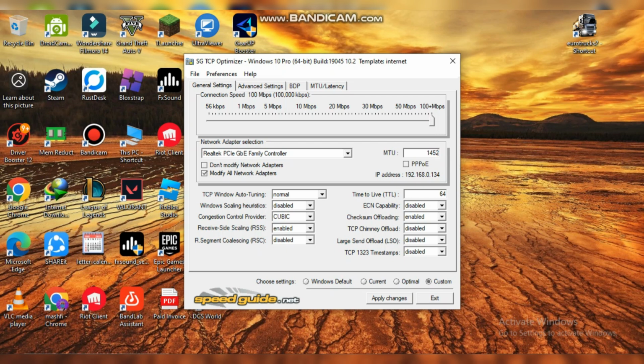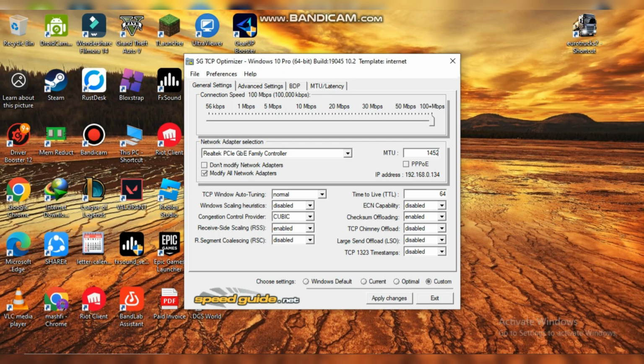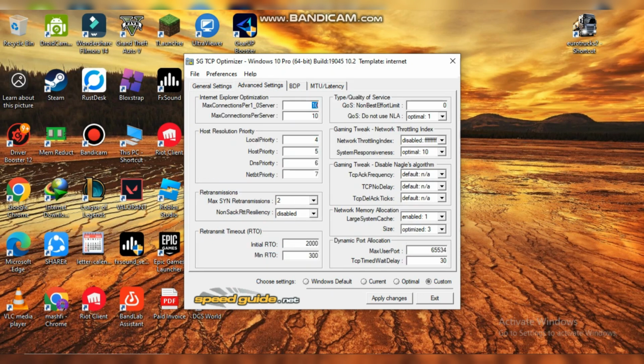And then on the bottom you can see TCP Windows Auto Tune, Windows Scaling, congestion control provider. Just do what I am doing. Then go to advanced settings. So we will give the settings as you can see on the display. Just match the settings with your PC, and once you have completed all the settings, just press apply and